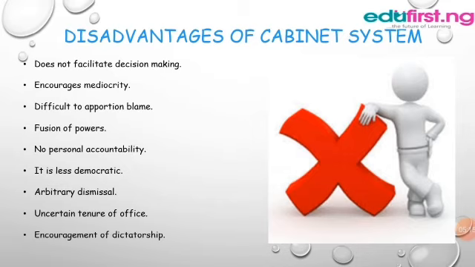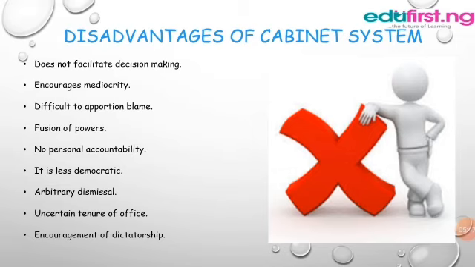of party. Okay, so it is difficult to apportion blame. The principle of collective responsibility that operates in a cabinet system makes it difficult to apportion blame to any member of the cabinet who defaults. Rather, the blame goes to all the members. And then there's fusion of powers. This does not encourage specialization in the arts of governance, thereby leading to inefficiency and ineffectiveness, which lower the quality